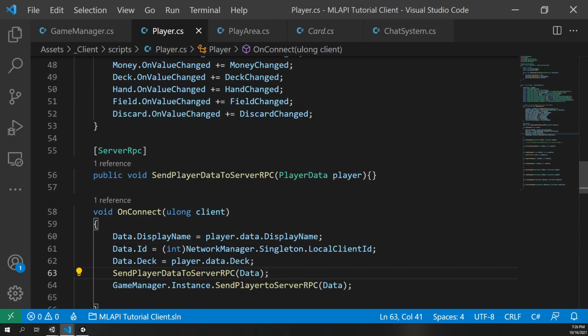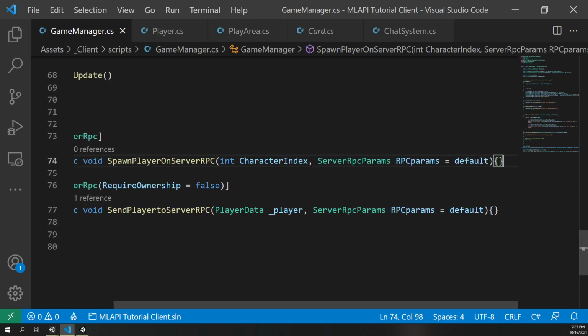Yes, I did, up here. So I just made a local one that will basically do the same thing. On the player, it is syncing up between itself. On the game manager,